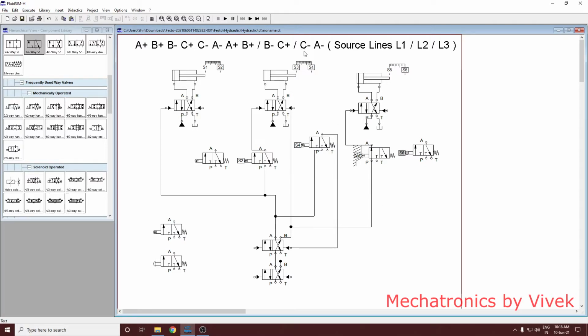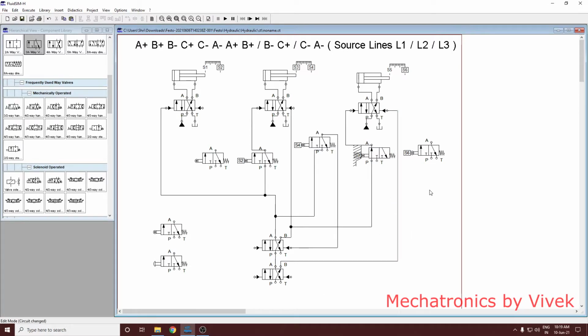So after C plus, this is direct, so this you have to connect. But this is going to the third line, correct? Because as we know, C minus and A minus are going to be delivered by this third source line coming from second cascade valve. So that is why we have connected this. Okay, right?